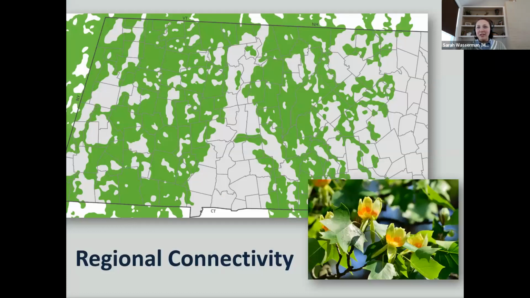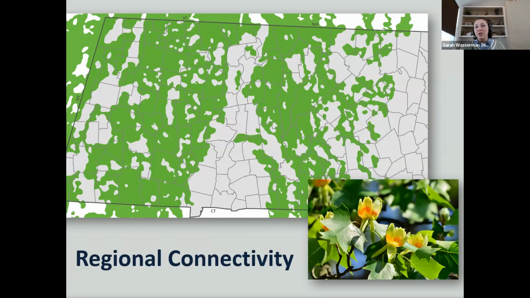I will take a brief moment to mention the inclusion of regional connectivity data, which is on the other end of the scale, identifying habitats that make a significant contribution to conservation at scales larger than Massachusetts. As you can see in this image here, this is the tulip tree. A recent study showed that tree populations in the eastern United States are moving north and west at approximately 10 miles a decade in response to climate change. And the tulip tree is one such species that is projected to shift its range significantly northward through Massachusetts.